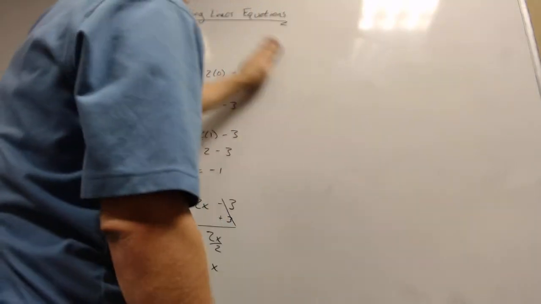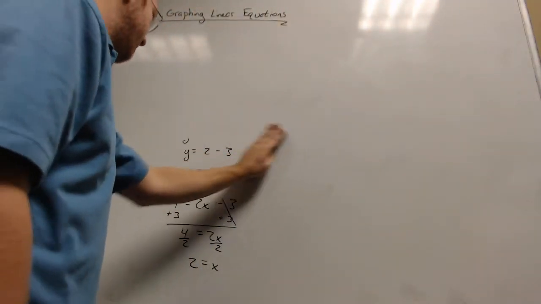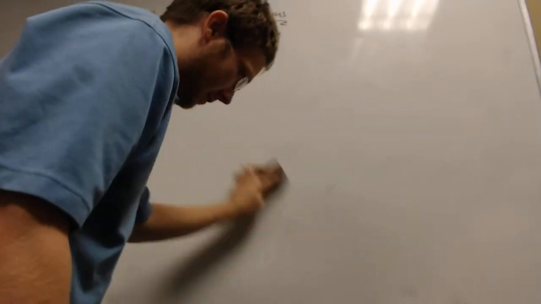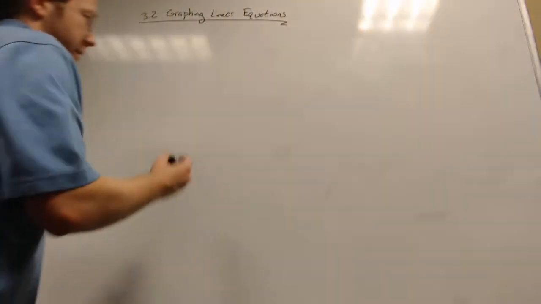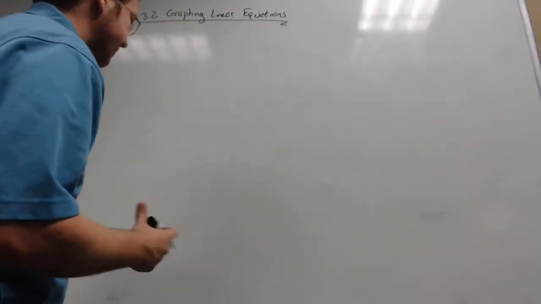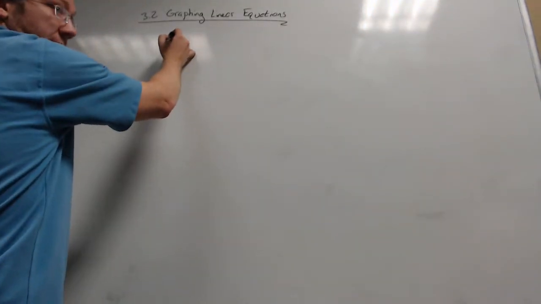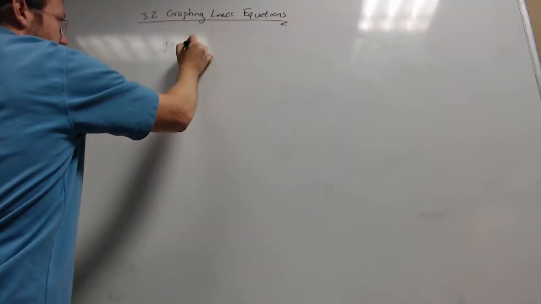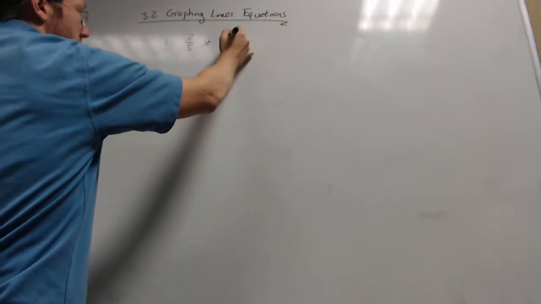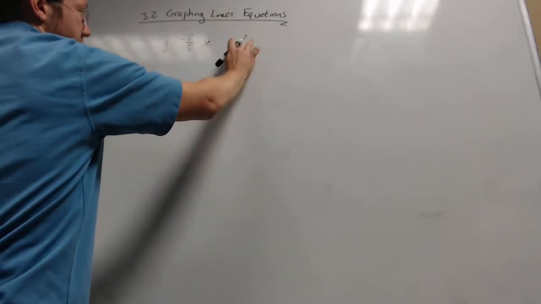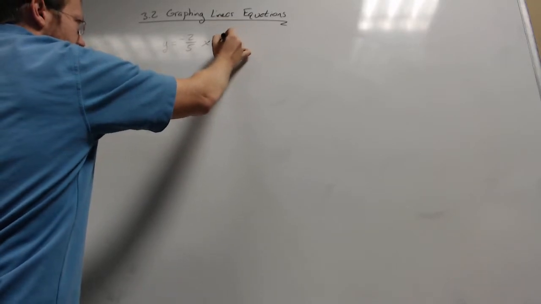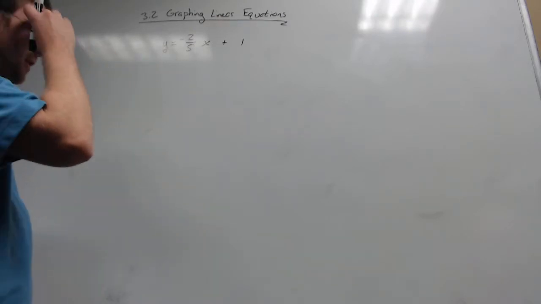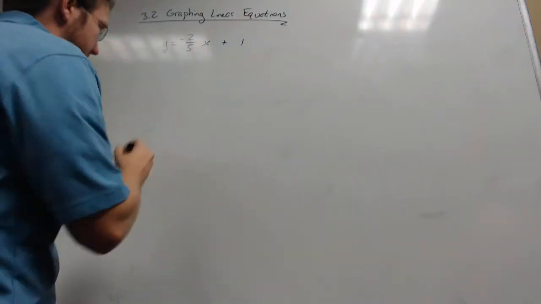Right, let's take a look at another quick example. Just to give you a little trick that might help out in a more tricky scenario. If I've got the equation y equals, let's call it negative 2/5 x plus 1. This equation looks more intimidating. It's got the fraction in here. But we can still attack it the same way,